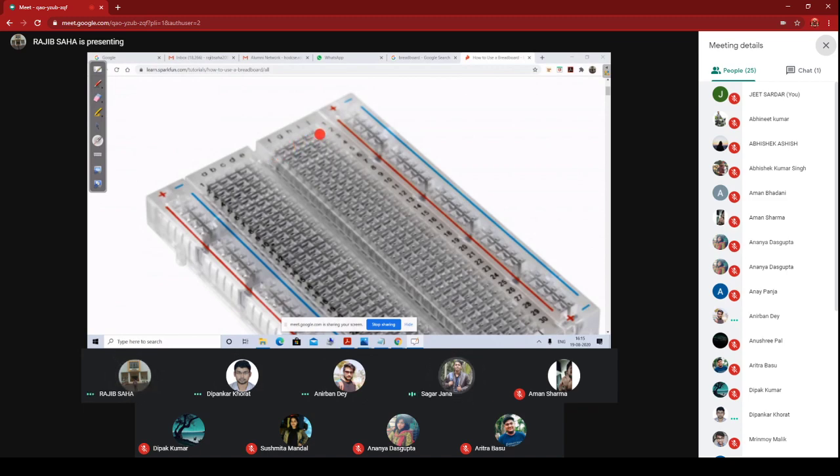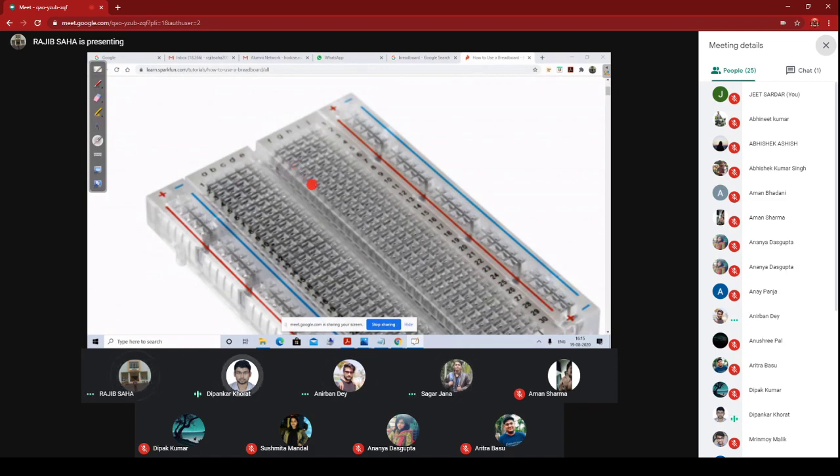And these are basically horizontal lines. When you put a one, all of these become activated. So now, if you put any IC over here, this way, you can connect it. The pins of the IC can be easily integrated with this breadboard, and we can give some power supply, and it will work.